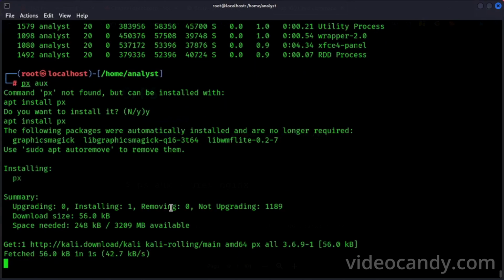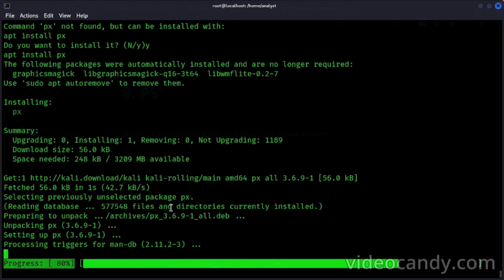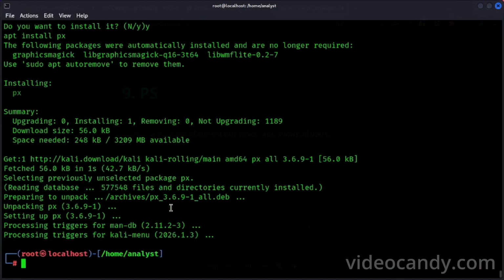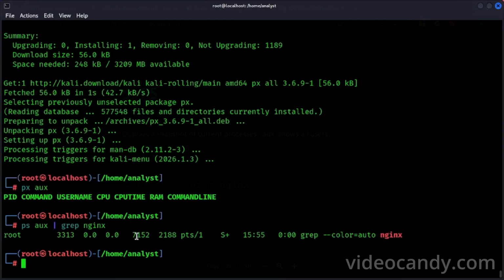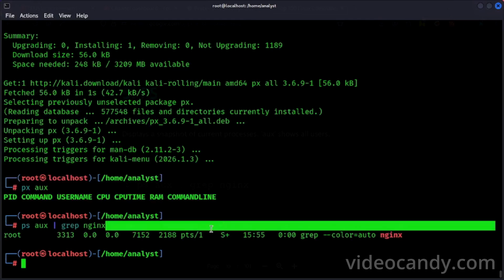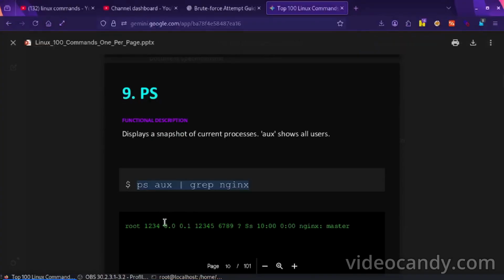I haven't installed it because I didn't need it, but for your understanding, I will install it. ps aux is telling CPU usage, and if we grep nginx, then you can see this. We have one process which is running on nginx.